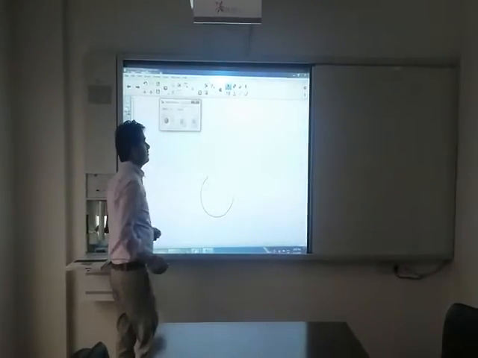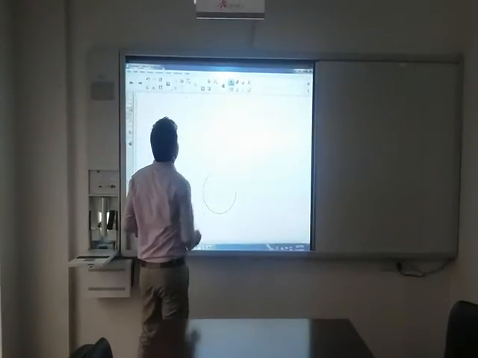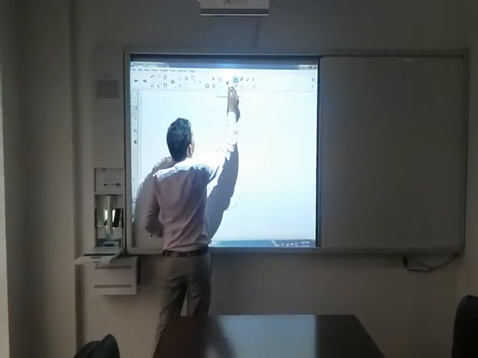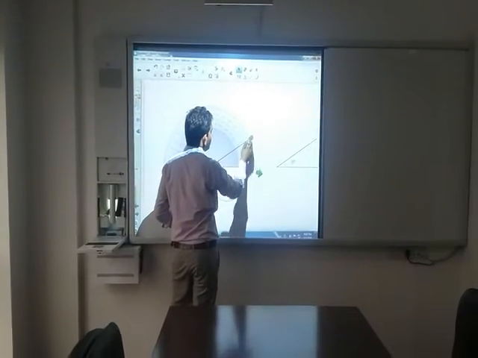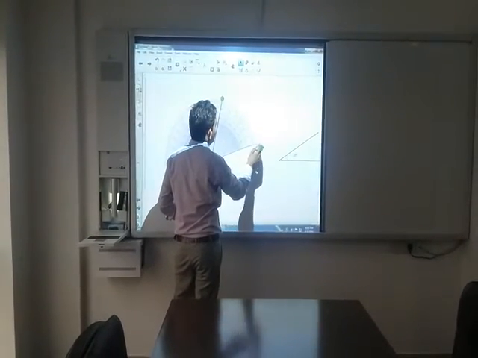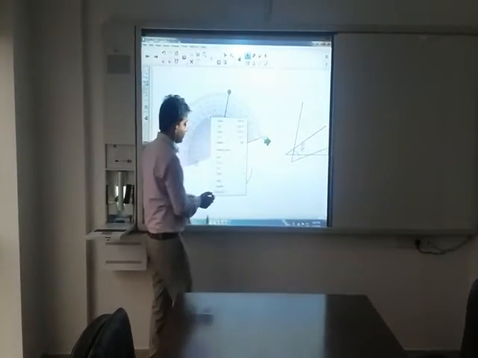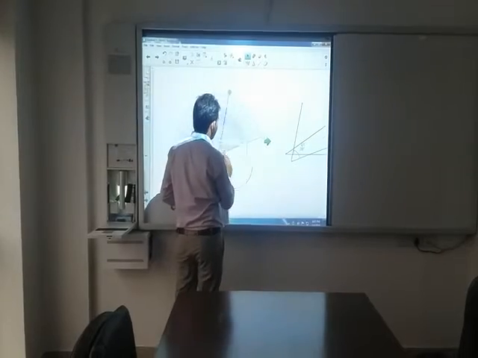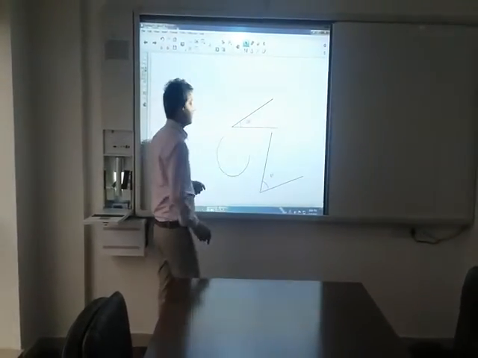If you want to record your lecture, just start the recording, okay, and then use the other tools like a ruler if you need. Okay, select. Even we can delete the particular part, move it from here and there, and then stop the recording.